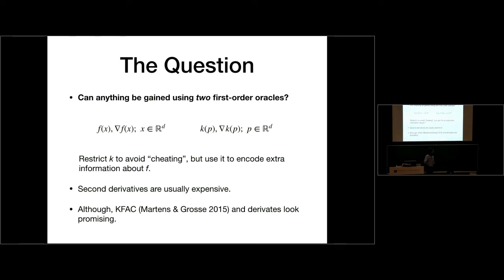Of course, for neural nets, where we're usually just using gradients, we could also expand or do better by using second-order derivatives, and the theory tells us that that's possible. But that's usually expensive. Although, there are some really interesting attempts to do that in this family of algorithms under the KFAC moniker, but I'm not going to talk about that today.